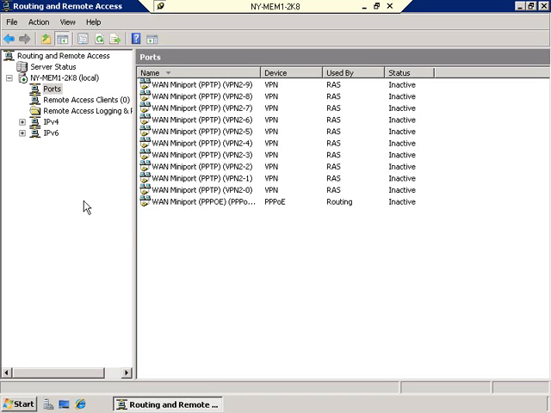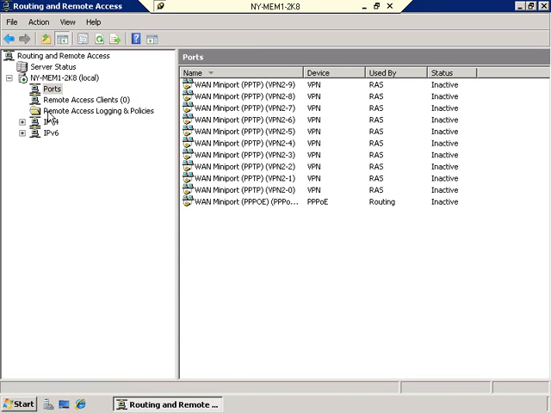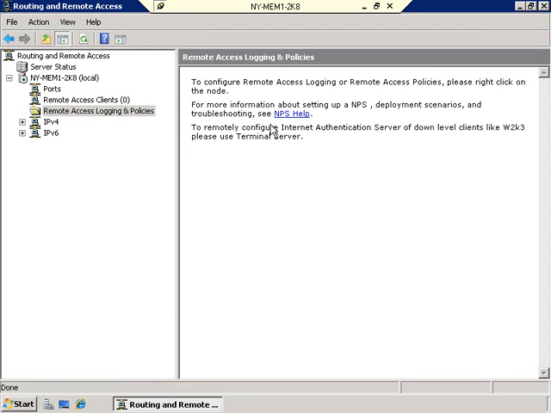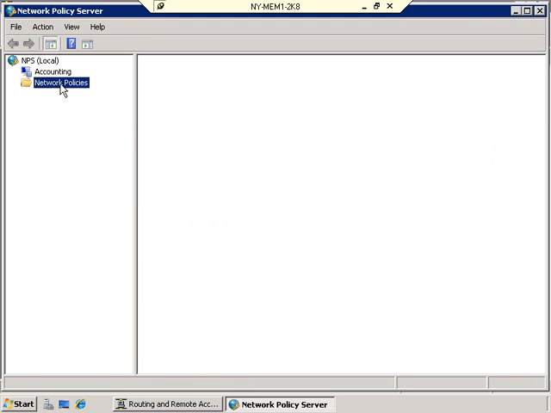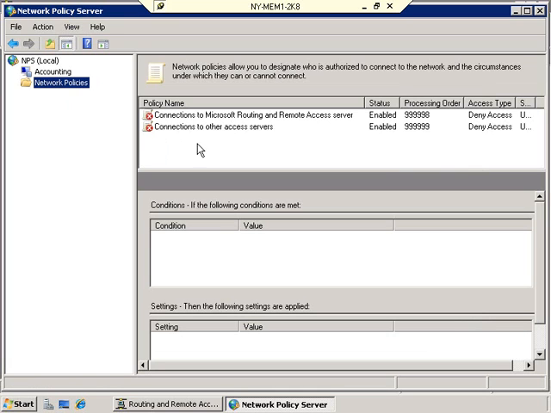whereas now in Windows Server 2008, let me expand this over to the right just a little bit. You'll see here are your remote access logging and policies, and if I go to it, well, there's nothing there. In order to work with it, you have to right click and launch NPS, Network Policy Server Services, which took the place of IAS. And NPS is already, just like that, installed and ready to be configured. So if I click on Network Policies, you'll see here that there are